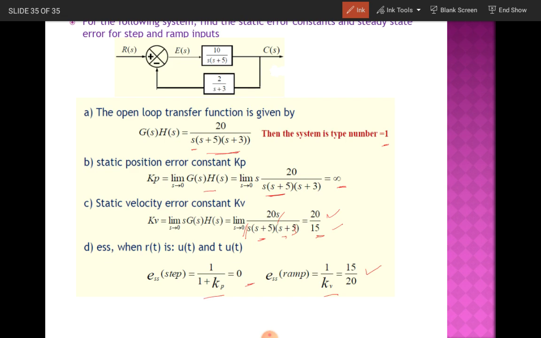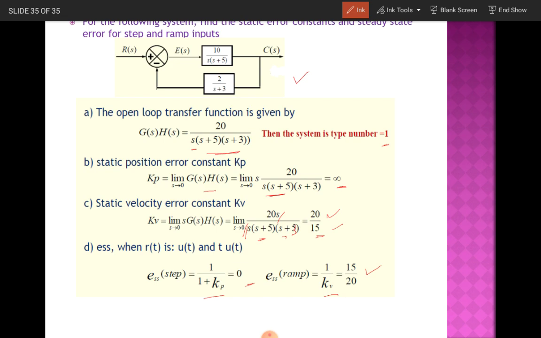So steady state error can be found by using the error formula ESS. A second method is we can find initially the static error constants, then finally the steady state error. The problem may be asked directly, given G of s, H of s, and the type of input, whether it is step, ramp or parabolic. This is one method. Or in the second case, you may be given a closed loop system, a block diagram. So you have to find out the G of s, H of s, and substitute the G of s, H of s and type of input. So finally we will get the steady state error.